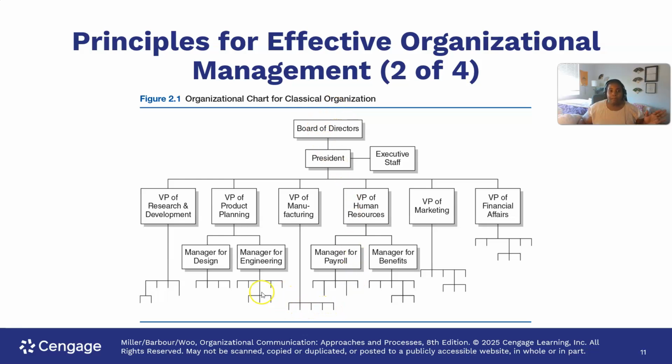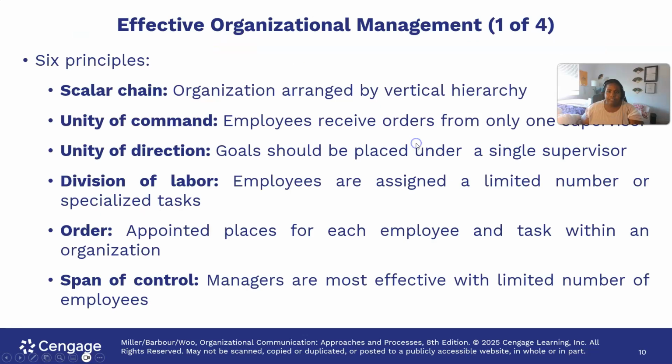So if an employee at the bottom has an issue, they can talk to the person at the top. Then people at the top can give directions to their subordinates, and that flow of information goes down. So we are going to talk about the flow of communication in a moment, but I just want to get a visual of what that looks like.